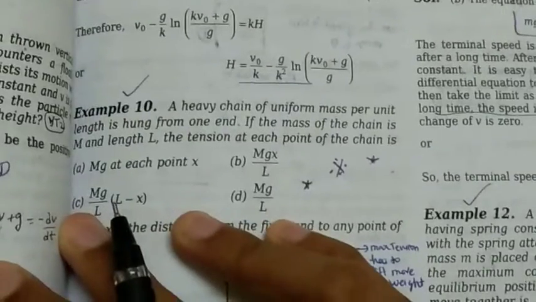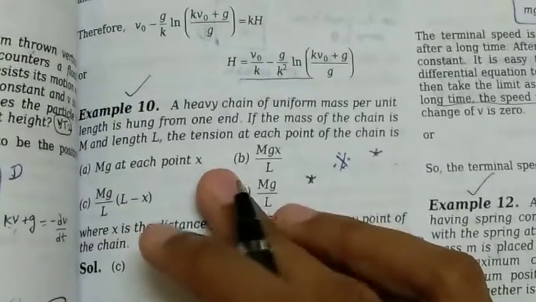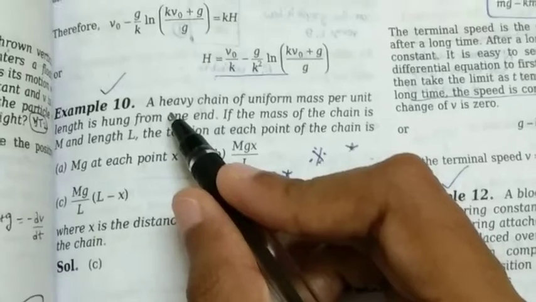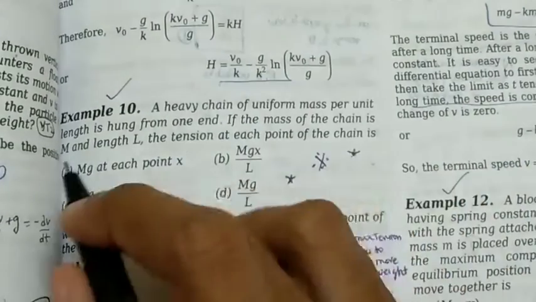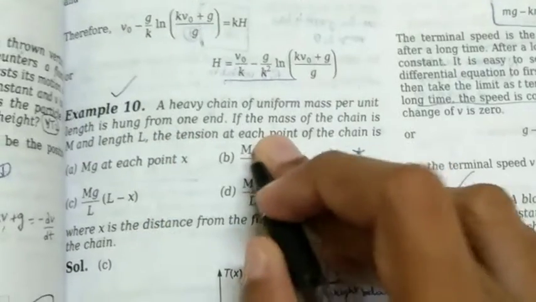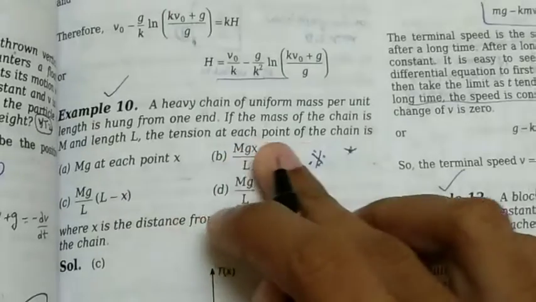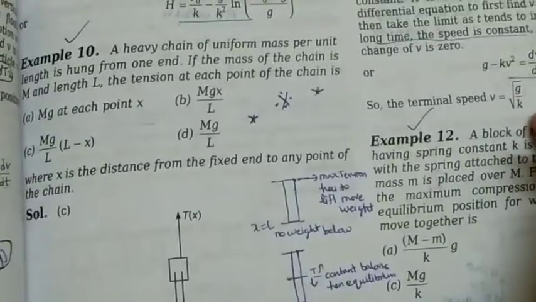So let's discuss another problem in classical mechanics. So here is the problem. A heavy chain of uniform mass per unit length is hung from one end. If the mass of the chain is m and length l, the tension at each point of the chain is. So what they are saying is